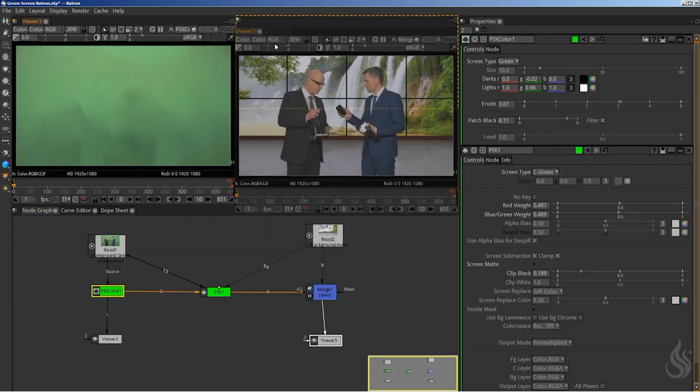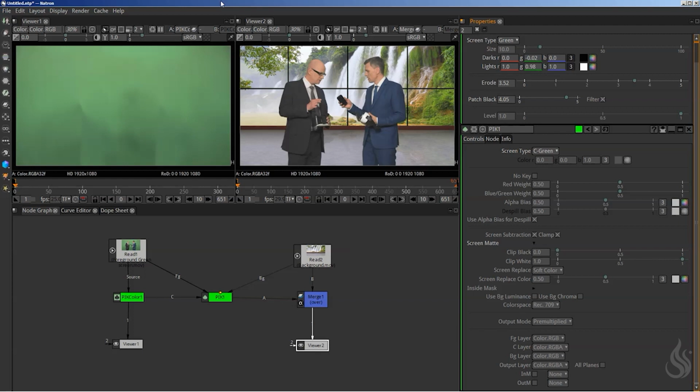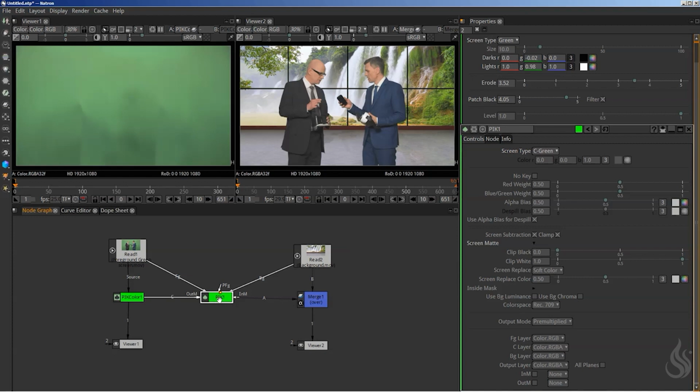What I'm thinking of doing is recreate this whole stuff quickly. I have recreated another file and put the nodes with the parameters. So pick color is exactly what it was. Probably a little bit of difference with the erode or patch black, but the idea is just to remove actually the black. Good. Okay, so I have now stopped at the pick part where we need to work on this,